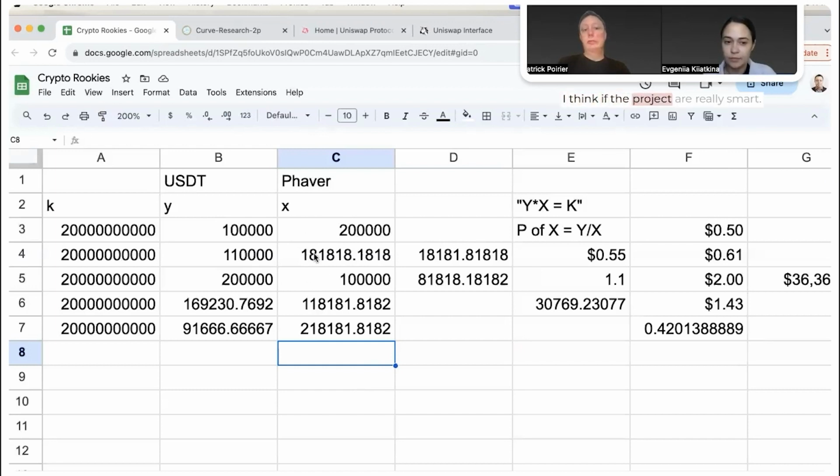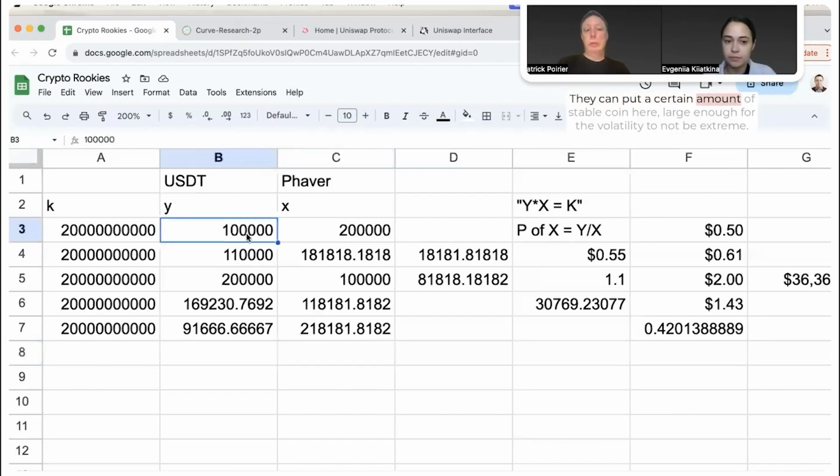Yeah. I think if the projects are really smart, they can put a certain amount of stablecoin here, large enough for the volatility to not be extreme. And then they could probably keep aside a large amount of stablecoin just to protect their token. And I think if they have unlock at TGE itself, for whatever reason, as long as they have enough stablecoin to protect their token from an entire collapse, then it's fine with me. But if the project doesn't have those mechanisms in place,